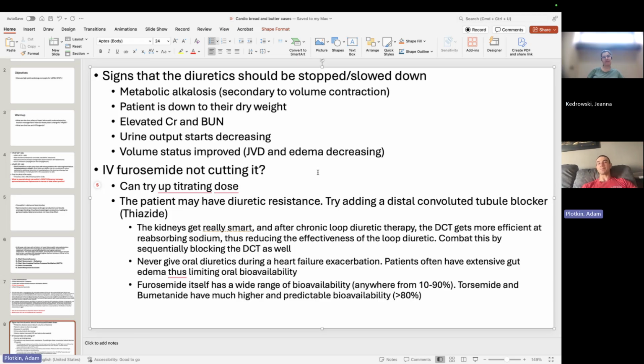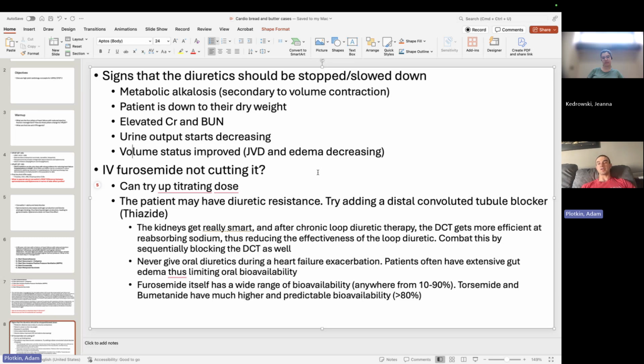It blocks the sodium-potassium-2-chloride channel, right? And right next to the loop of Henle is your distal convoluted tubule. You have a patient that's been on a loop diuretic for many years. Their distal convoluted tubule gets really smart and really efficient at reabsorbing that sodium. Normally, if I just put you or me on a loop diuretic, all that sodium we're blocking is going to get peed right out and all the water is going to come with it. In a patient who's been on a loop diuretic for many years, a lot of that sodium is going to get reabsorbed by the distal convoluted tubule, and giving them the loop diuretic isn't going to do much.